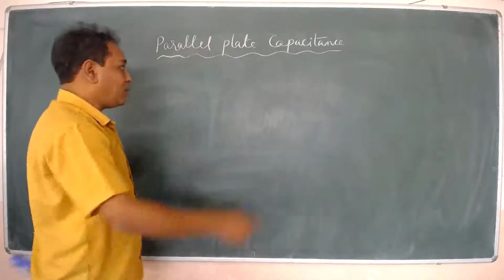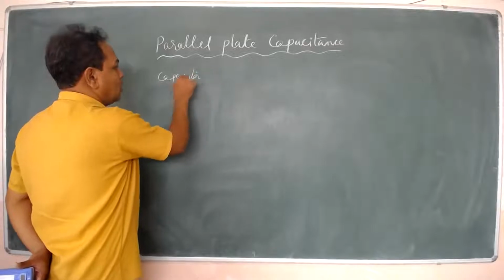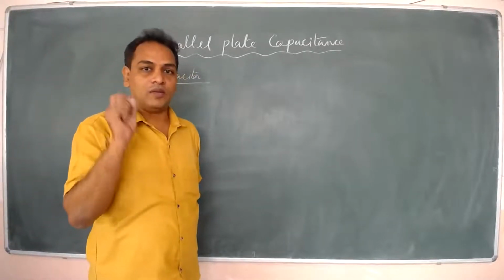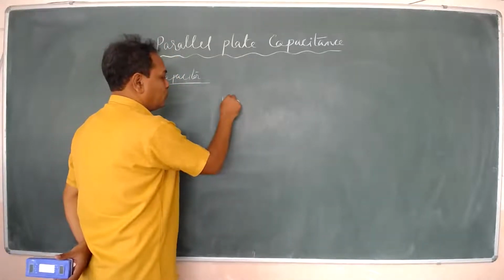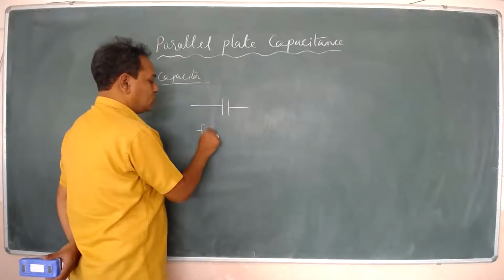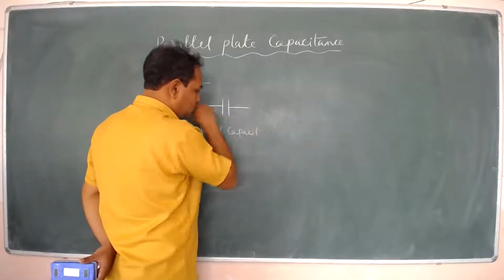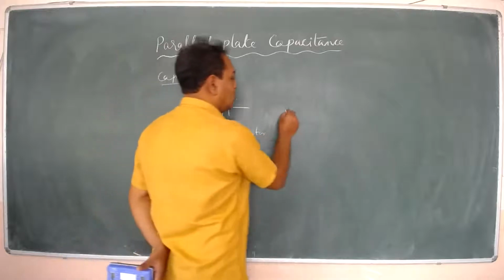And here, the capacitor is represented with some symbolic representation. That is like this. This is called a fixed capacitor. This is the symbol of a fixed capacitor, and